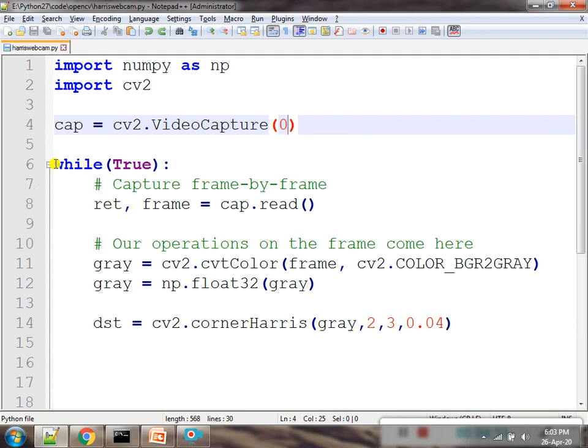And while True means till it is getting the video in front of the camera. So whosoever is in front of the camera, or till the time the camera is on, it will keep on recording the video. And then you can see that in a single line of code, the Harris Corner algorithm will be implemented. So there is no need to write the complete implementation of Harris Corner. It is available by default in OpenCV. In the same way there are so many algorithms.